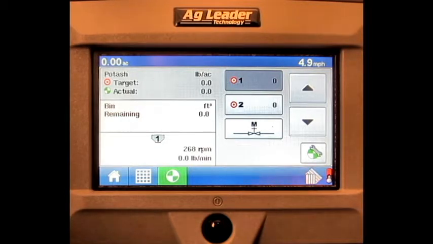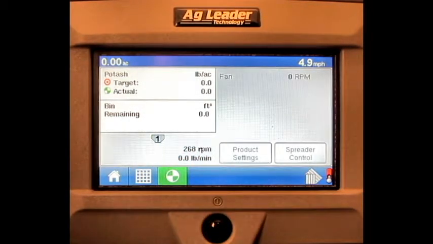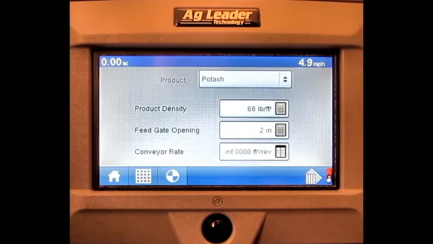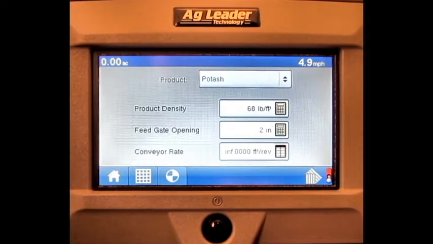Press the bin icon. Press Product Settings. From this screen, we can edit the feed gate opening. To do this, press the numeric keypad button